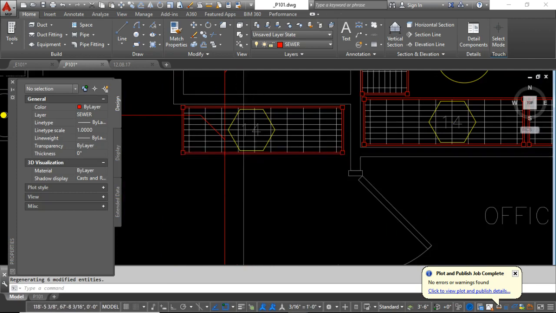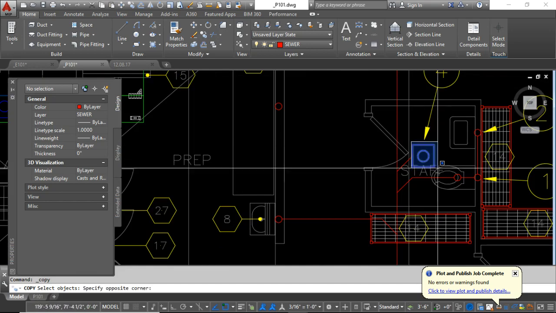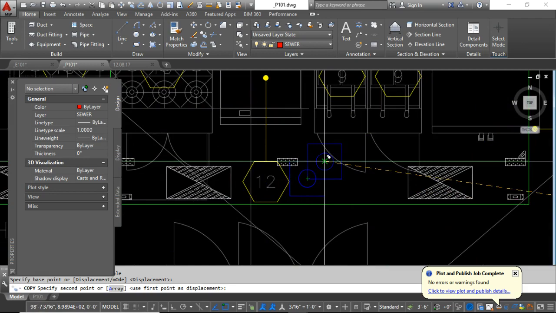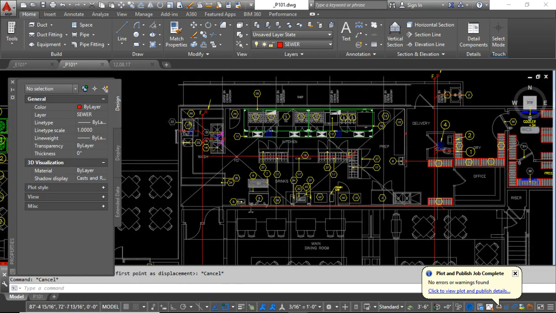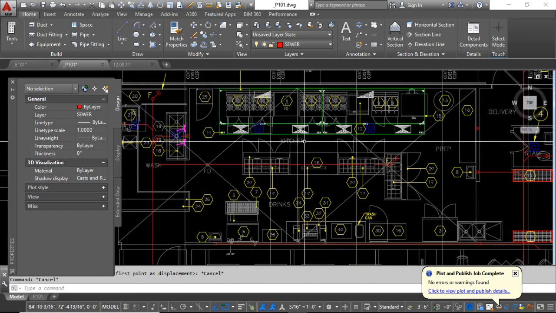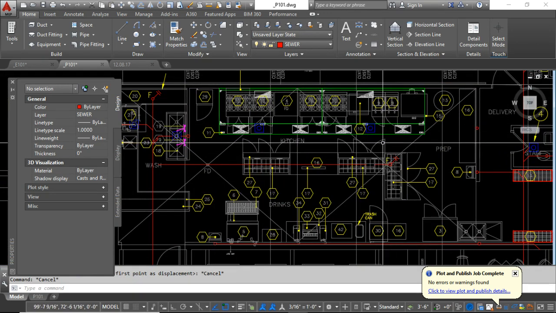What else? Let's see. I want to make sure the size of these is right, so I'm going to copy one that I know the size is right. I kind of started working on these, and I caught myself halfway through. So yeah, size is right. So these are some floor drains in here that are indeed not trap primer. And the kitchen, the best way to clean a kitchen is to scrub it,